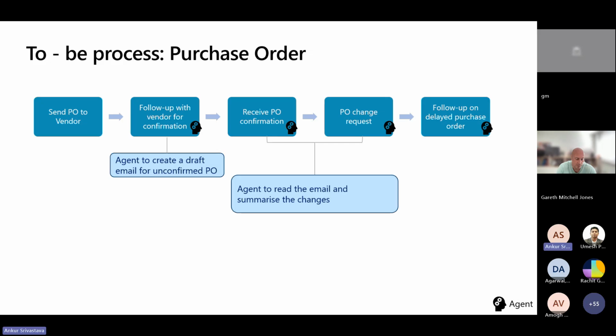When the procurement personnel receive confirmation of a PO or a request for change, the agent can read the email and summarize the changes for the procurement personnel to accept or reject the responses from the supplier, which can then update the purchase order. The agent can also create a draft email and follow up on delayed purchase orders.